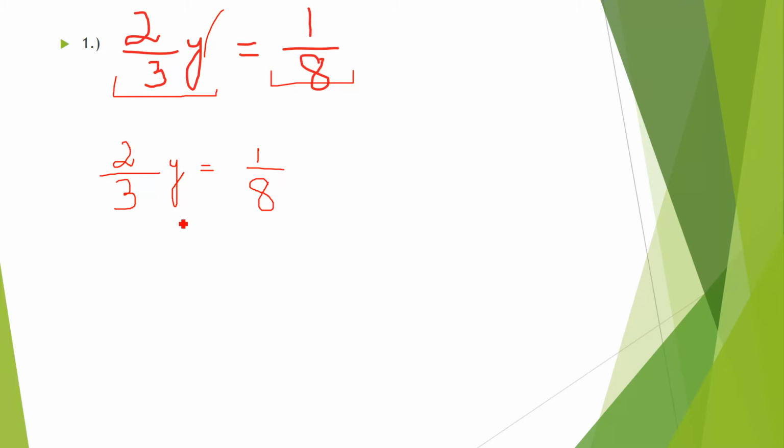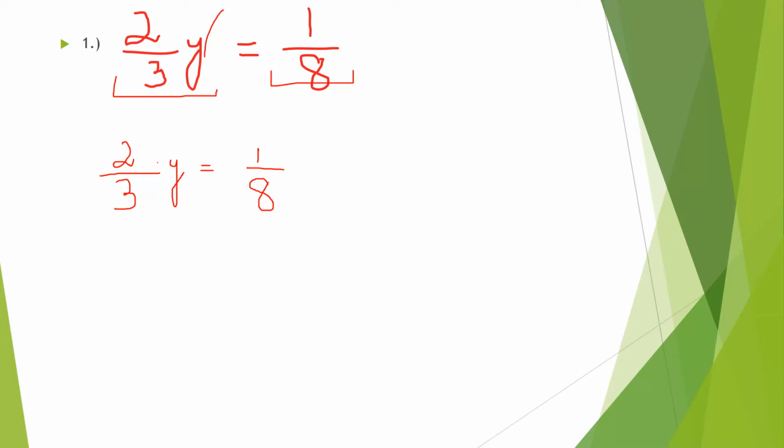First of all, we will see what we can do because we need only y on the left hand side. We want to calculate or we want to find out the value of this variable y. So we do not want 2 over 3. So how will we remove this 2 over 3? First of all, you have to see what is the relationship of this 2 over 3 with y. Is there any positive sign? Is there any negative sign? No, there is nothing. It means there is multiplication, and we represent multiplication by dot.